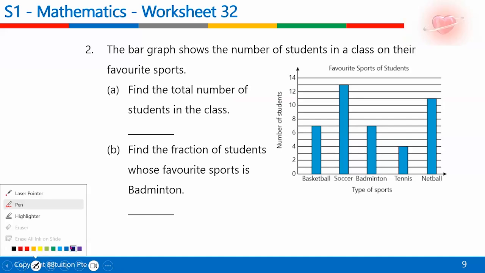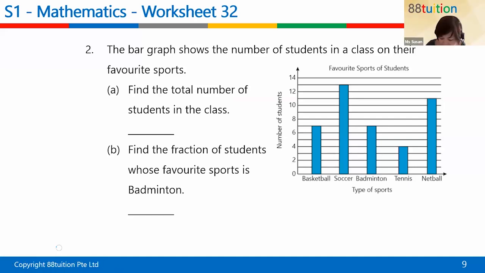Let's check this one, the data from here to here is 2, so each unit will be 1. So this one will be 6 for basketball. Then this one will be 13 for soccer, 7 for badminton, 4 for tennis, and 11 for